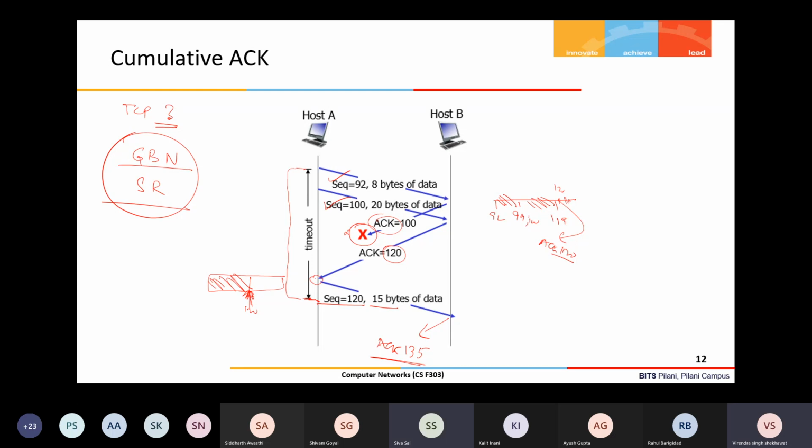Is it SR, sir, because we are not sending all? Cumulative acknowledgement is a feature of GBN.